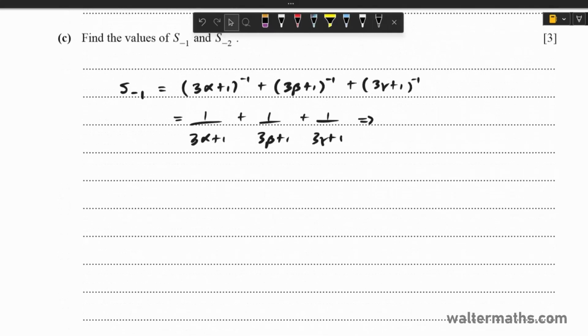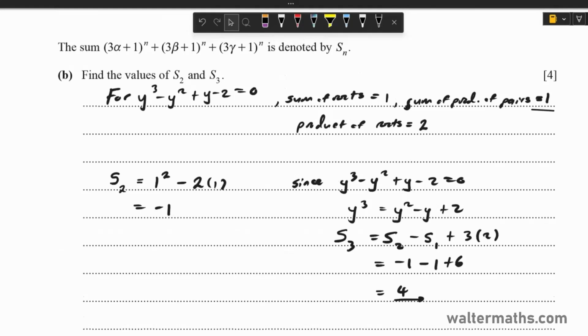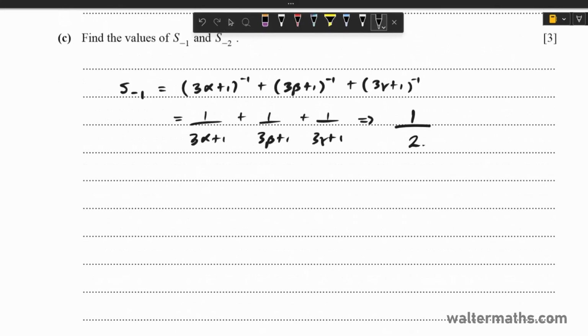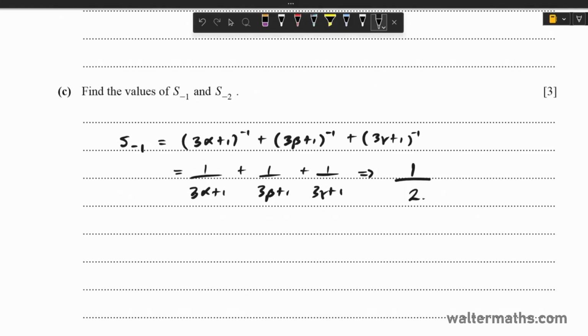So it's as good as we have 1 over the product of roots. The product of roots is 2 from what we got here, so it's over 2. So that's what we have for this. Next up, they want the sum to minus 2. Now, for the sum to minus 2, we are going to try to see if we can make use of